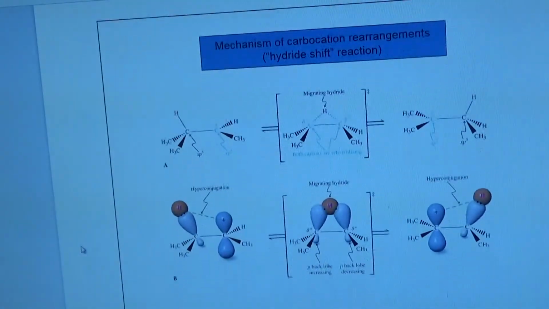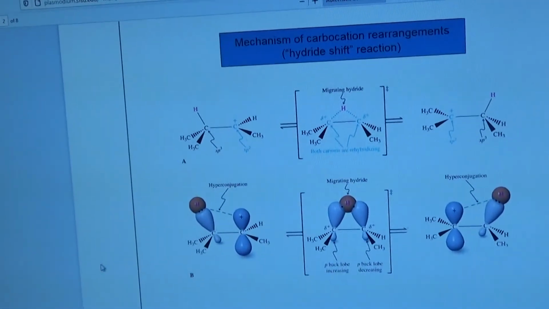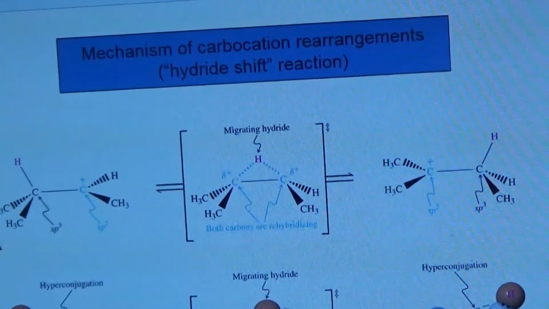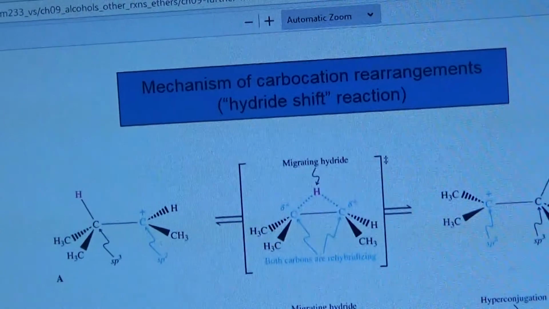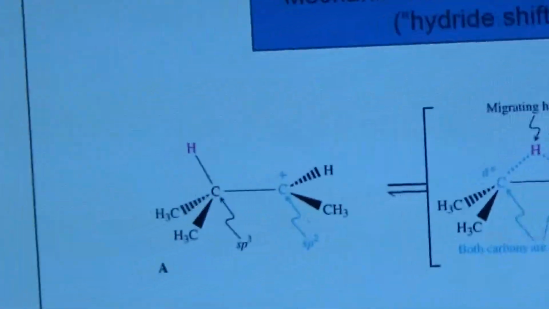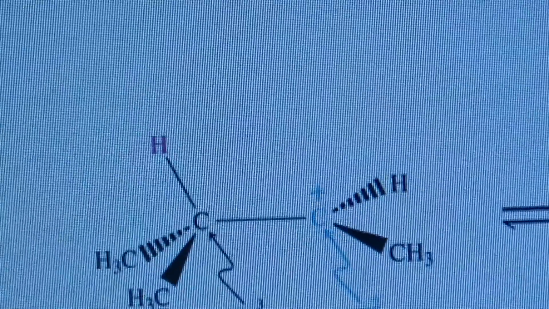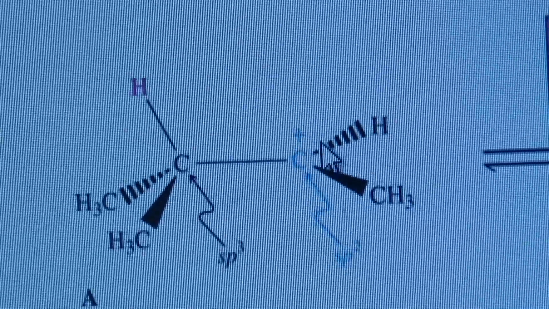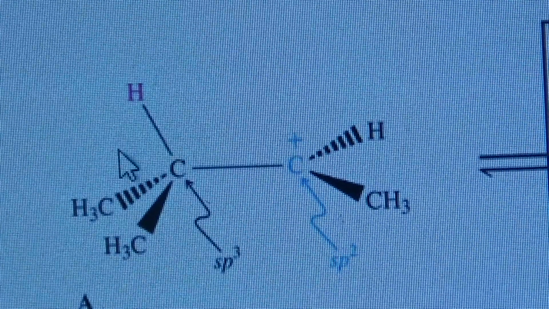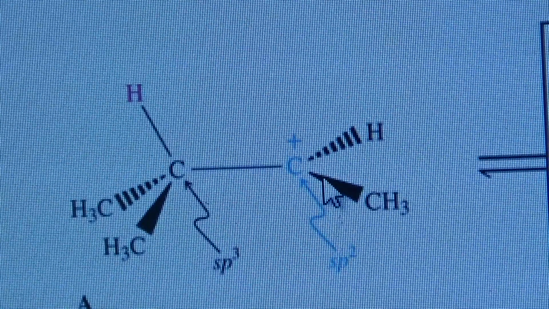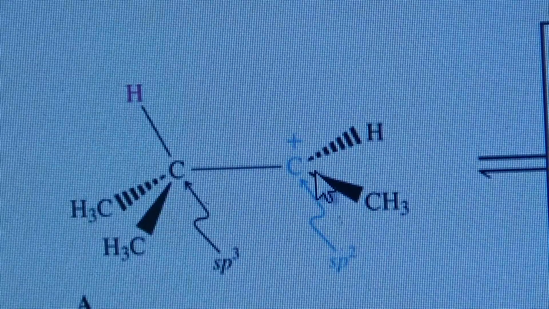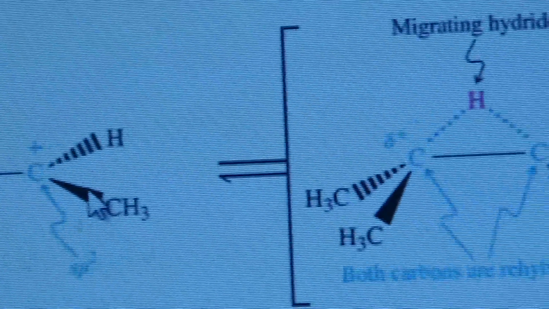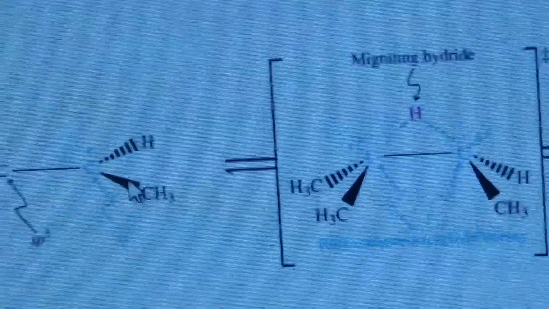Anyway, what this is showing is how the hydride shift works, a mechanism for how it actually happens. Mechanism for carbocation rearrangements, the hydride shift reaction that we're talking about. So this shows where we start. We have a secondary carbocation, there's a hydrogen next door, and a secondary carbocation is not super stable. It would be happier if it's a tertiary carbocation, and so what happens is the hydride just jumps, it migrates,